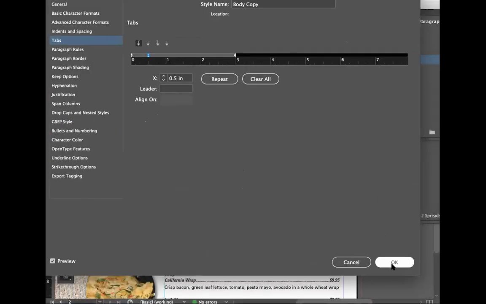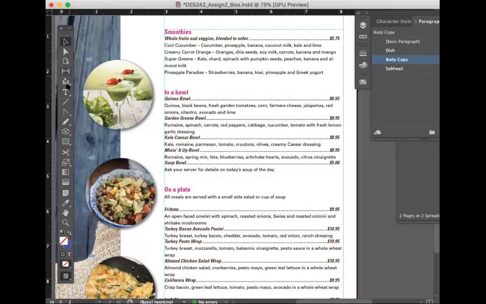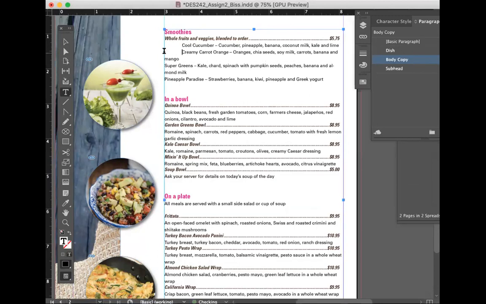You don't have to put a leader, just click OK. And then we're going to put your type tool right in front of each of these menu items. If you need to, you might need to do a shift return to bump certain things down. But hitting the tab right in front of it is exactly what you need to do. And I'm just doing the body copy.